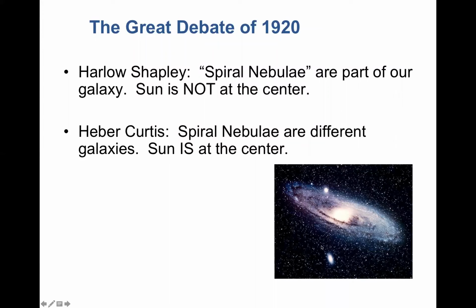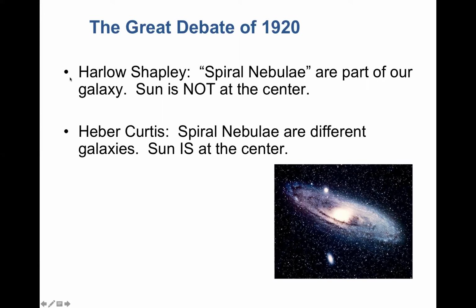And the issue stemmed from the fact that we had no idea how far away these were. So Harlow Shapley argued that these spiral nebulae, as they were referred to at the time, were part of our own galaxy, right? And the sun was not at the center of our own galaxy. Harlow Shapley, I don't know if you remember back to our Milky Way talk, was the one who had discovered the